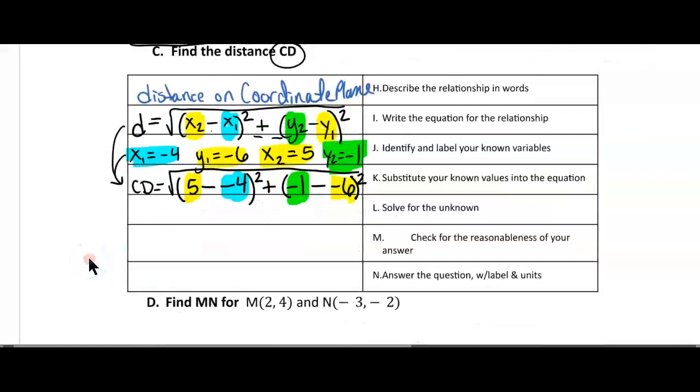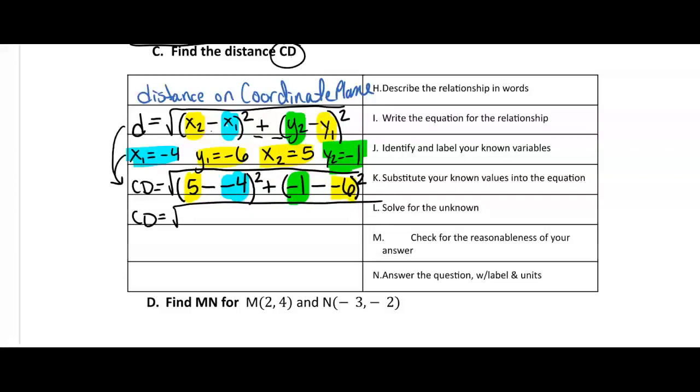Okay? Then we want to solve for the unknown, which is going to be a lot of simplifying. I should have left some extra space here, but here we are. CD equals 5 minus -4 is going to be 9 squared plus -1 minus -6 is going to be 5 squared. So CD equals 9 squared is 81, plus 5 squared is 25, which is going to be 100, square root of